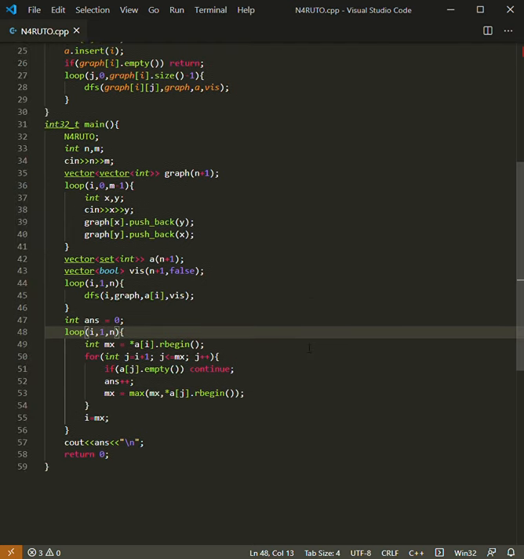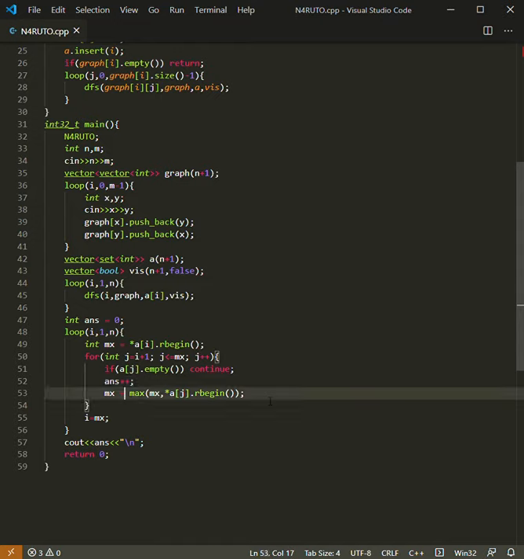And after that we traverse from 1 to n and have maximum to be equal to the last element of the component in which we have i as the minimum element. So we do this to set maximum, and we just go from i plus 1 to maximum. And let's look at this afterwards. We just increase our answer